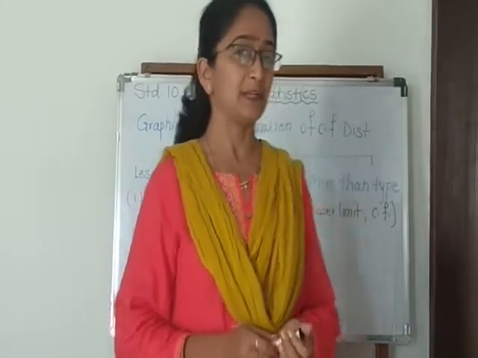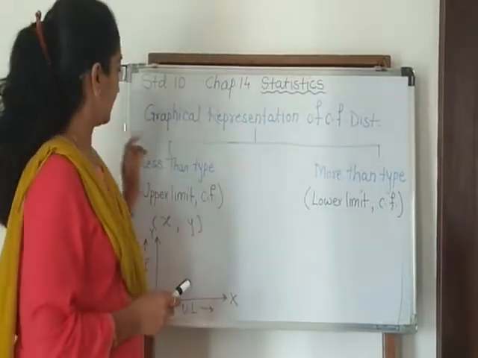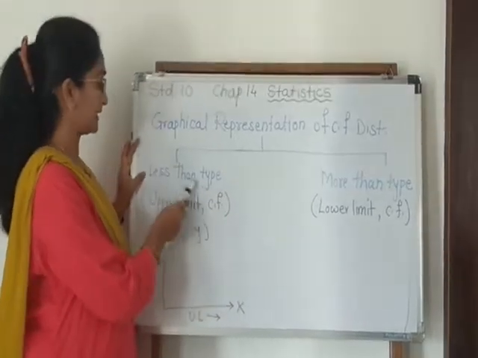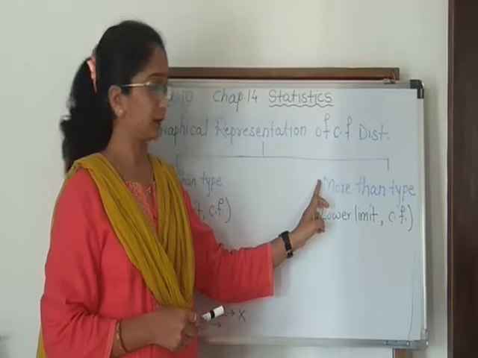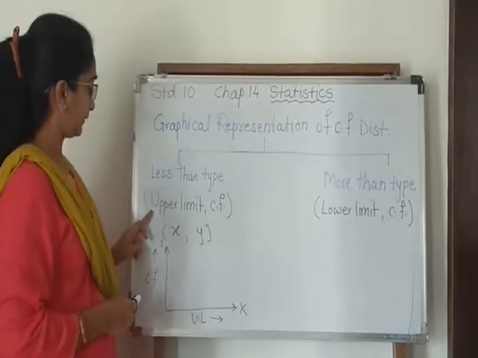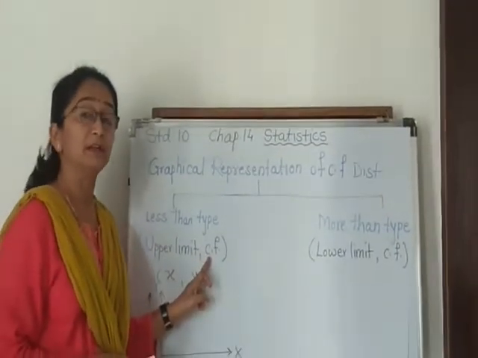Today I am going to explain the graphical representation of cumulative frequency distribution. Now there are two types of this cumulative frequency distribution. First is the less than type cumulative frequency distribution and the second is the more than type. This type of graph is the graph between the upper limit of the class intervals and the corresponding cumulative frequency of